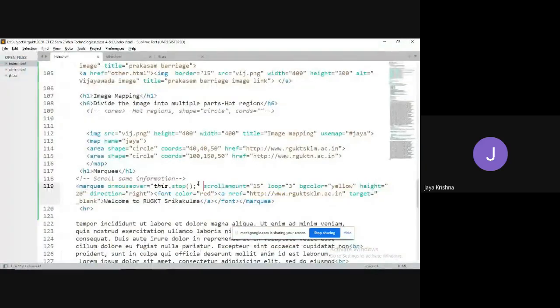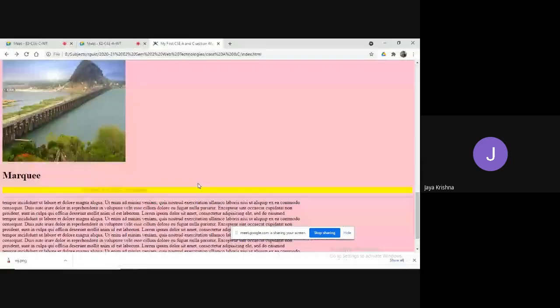If I remove the cursor, it doesn't start, right? So for that, once again, you can have an attribute like onmouseout equal to this dot start. You will understand all this once again in JavaScript. Observe. If I place the cursor, it stops; I don't want it, I can come out. If I place it and I click here also.